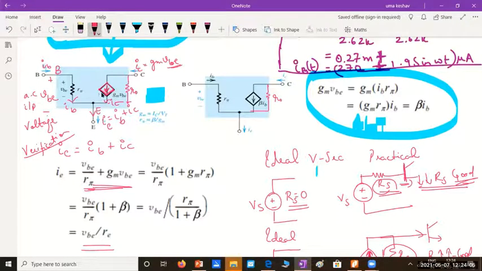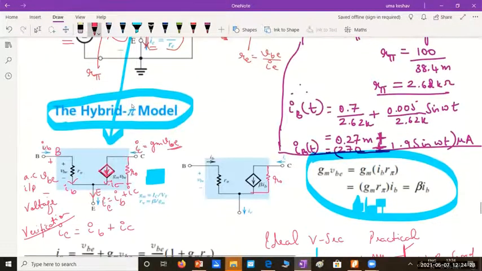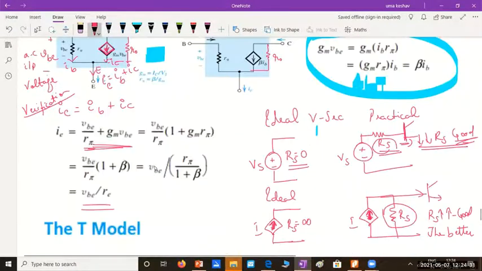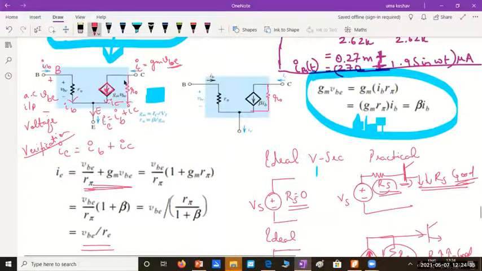Remember, in practice, all the current coming through this will not go here. There will always be some very small amount of resistance to the flow of current because of the material of the transistor. When that resistance is considered, the behavior of the transistor can be modeled correctly. So usually we include one resistance R0 in parallel with this dependent current source.